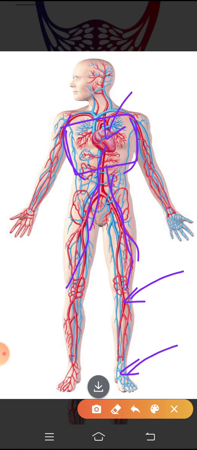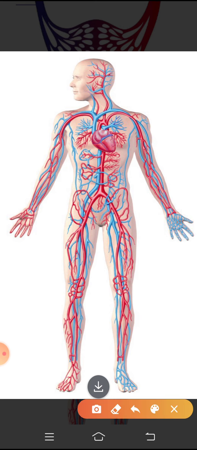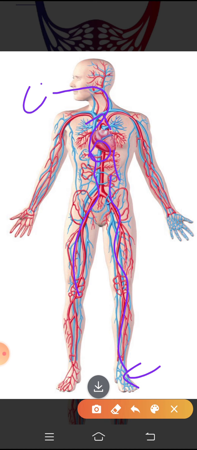From the heart, the oxygenated blood, in the red color blood vessels, wherever it travels, that is the oxygenated blood, enters the different parts of the body, right? So now the different parts of the body receive the oxygenated blood. What happens? The cells perform cellular respiration, right? Because of cellular respiration, the carbon dioxide is released back into the blood. As a result, what happened now? The blood with carbon dioxide becomes deoxygenated, right? Now this deoxygenated blood again enters back to the heart. Again from the heart it reaches the lungs where the carbon dioxide is exhaled out.